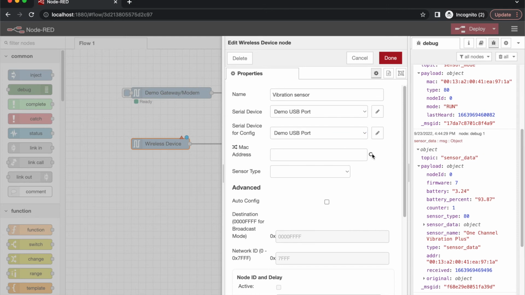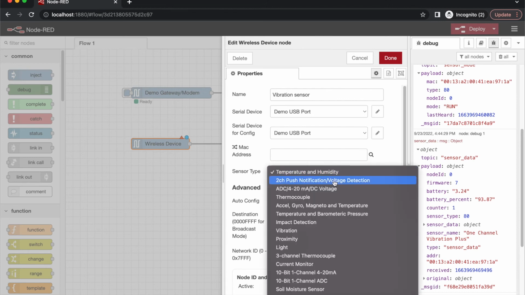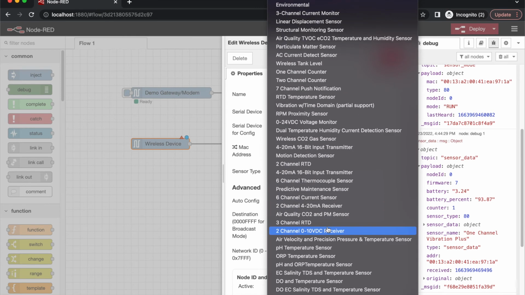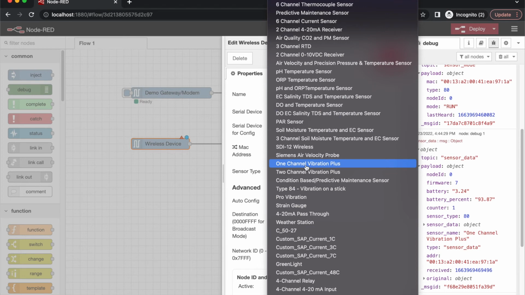Here you can choose a MAC address. This is the MAC address of that module that just talked to us, 97.1a. And you can choose a MAC address here, or you can choose not to put in a MAC address. The difference will be if you put in a MAC address, only that device will be able to start sending information down this flow. If you don't put in a MAC address, any device that matches the device type we choose here will put information down that flow. Now I have a one channel vibration plus,